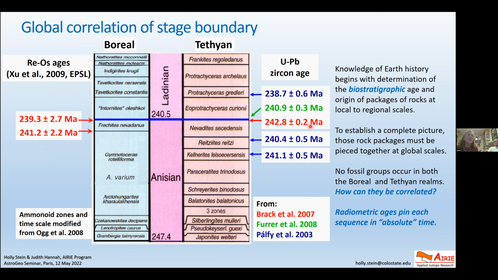The uranium lead ages' uncertainties are determined by shooting a laser at a particular zircon, maybe 50 or 100 times, getting a whole suite of points, and then statistically dividing by n, so that you can get at the uncertainty in this scatter of ages. And when you do that, you get unrealistically small uncertainties. Obviously, when the section goes down from 238 to 240 to 242, oops, back up to 240, there are inversions in this. They can't both be right. And the inversions are in some cases well outside the reported uncertainty.